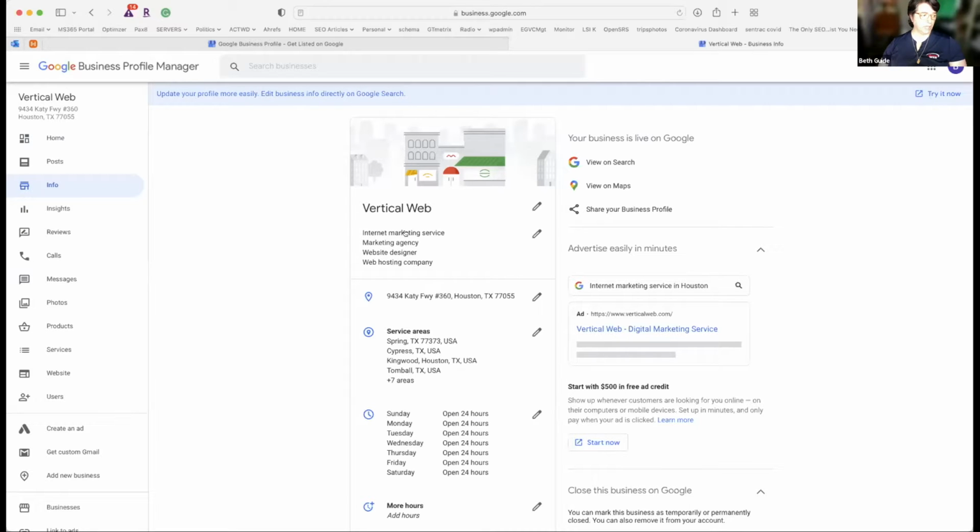The categories that you select here are going to dictate what your website is about, because they've now seemed to tie the contents of the website to exactly how this panel is set up.